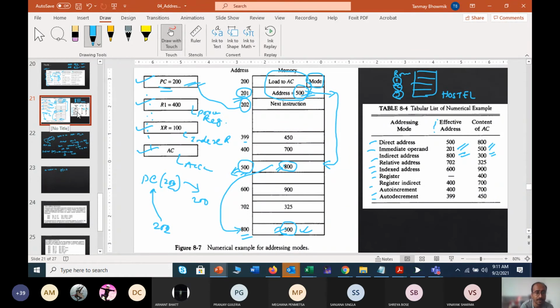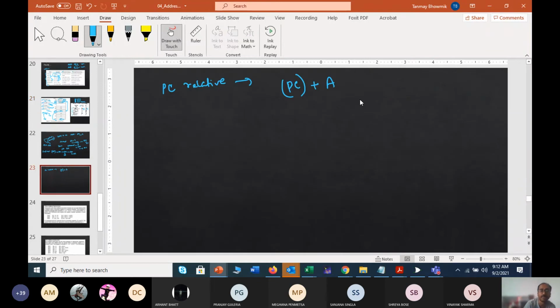The accumulator content you will just take as an immediate operand, so your accumulator content is now 500 itself. So the program counter content was 202, the accumulator content is 500, and your effective memory address will be 702.